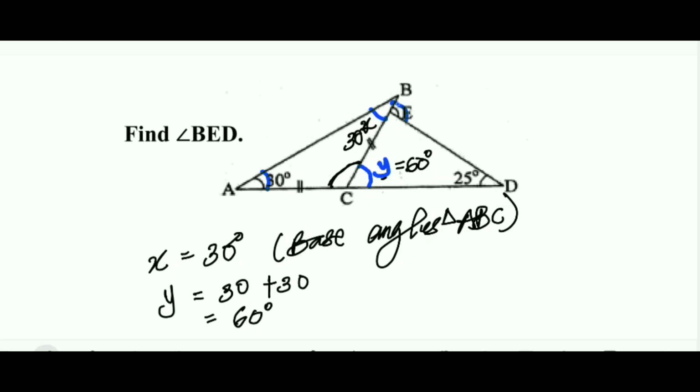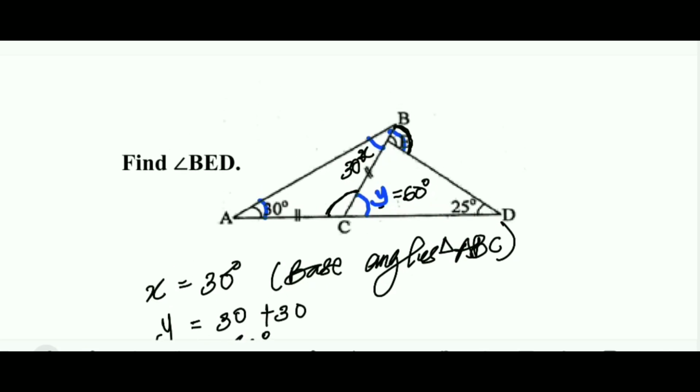Angle BED. This is BED here, over here. Angle BED. Okay. So pay attention again. Angle BED is serving as an exterior angle again. Look at it. You would see that this angle is serving as an exterior angle when this blue line is extended. You see? So I would say that angle BED is equal to the sum of the interior opposite angles, and that will be 60 plus 25 degrees, and